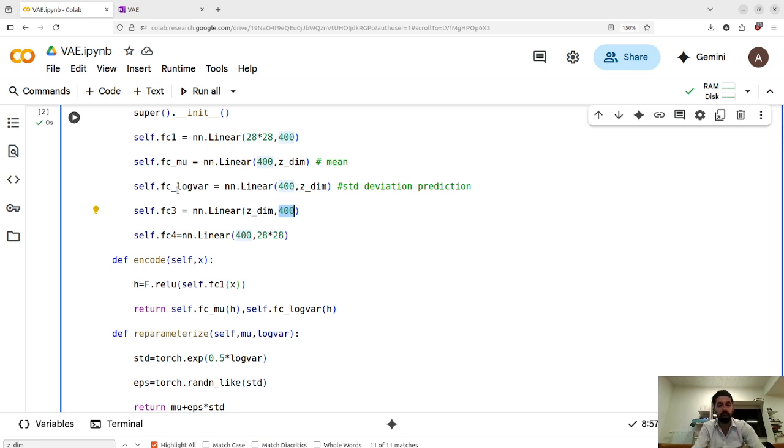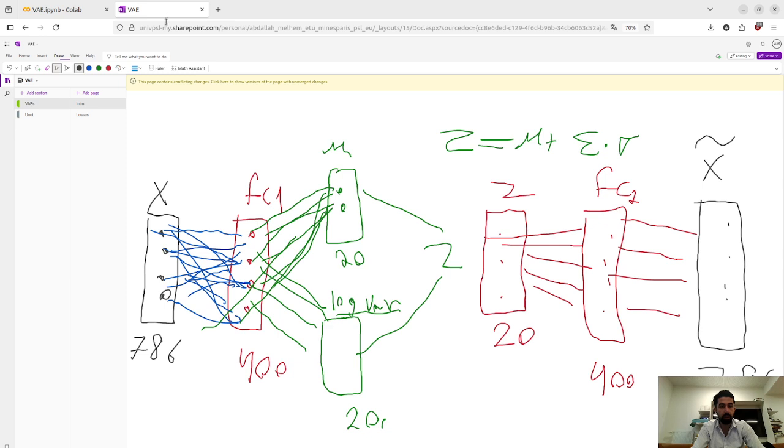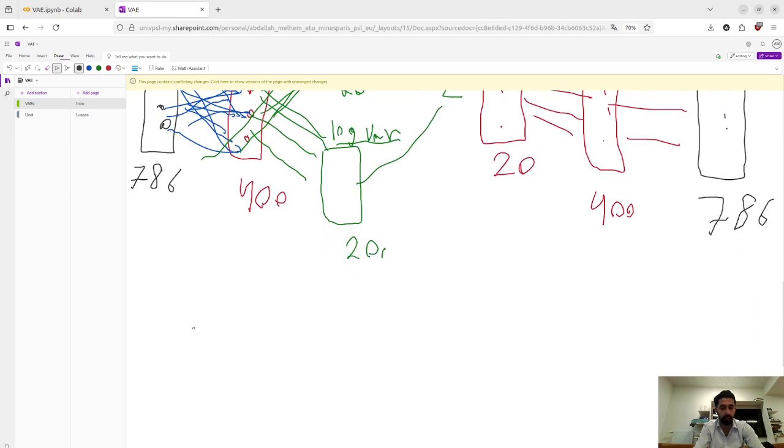Now, why did we calculate log variance instead of standard deviation? Well, the answer is really simple. As I said in the first video, we're trying to make the standard deviation between 0 and 1. And this is what the KL divergence term guarantees. Let's say we get a very, very small value, like 0.05. In the gradient update,